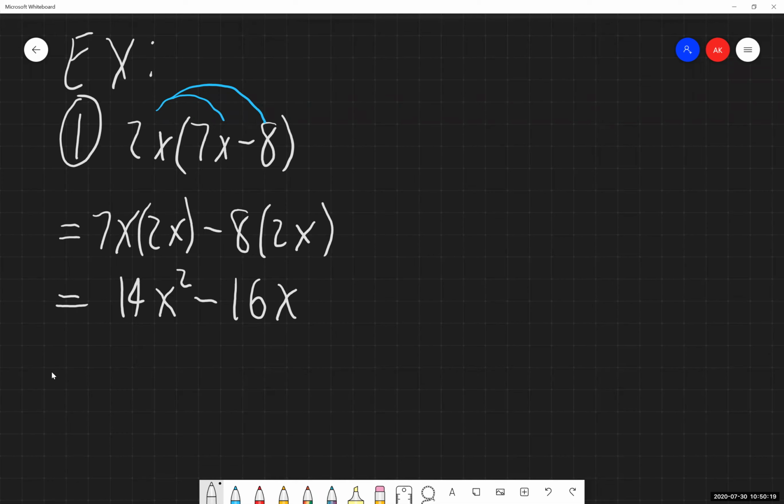Always check to see, can I combine like terms from here? While both of these do indeed have an x in them, one is an x squared, the other is an x to the first, again, that invisible one. So these are not like terms, so I cannot combine them together, meaning I'm done. Nothing else I can do. This problem is complete.